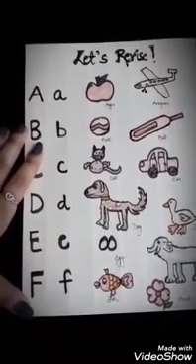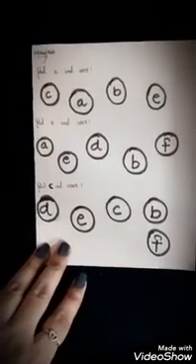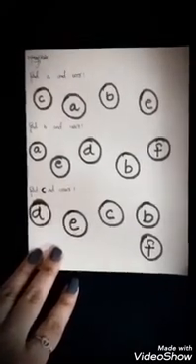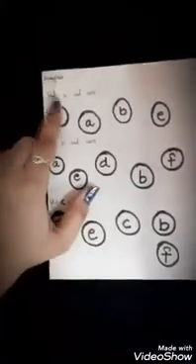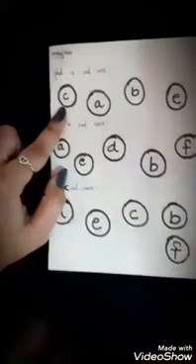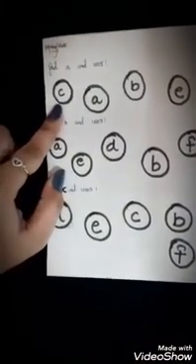After the revision, we have now switched over to the exercises of the letters and alphabet. In this assignment, the first question is to find A and color it. Among all these bubbles or circles, you need to find small a and color it. Have crayons with you and color it.